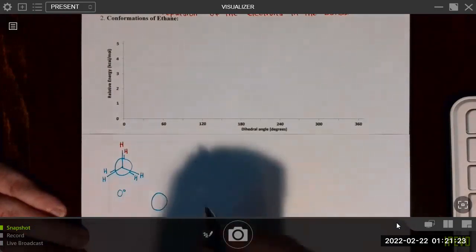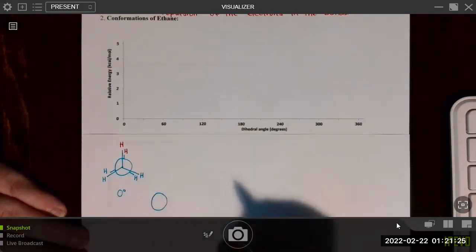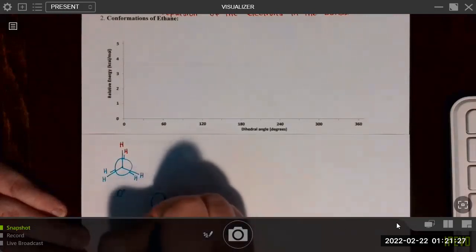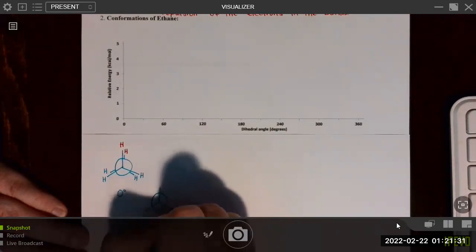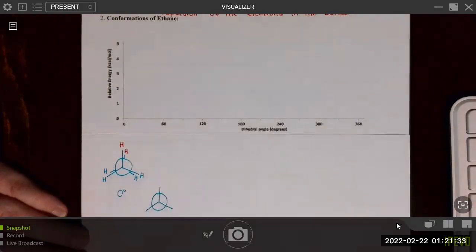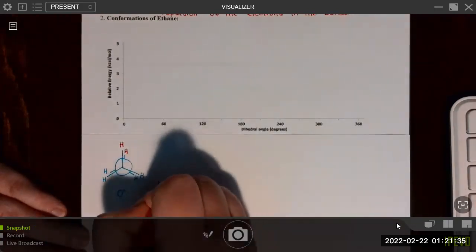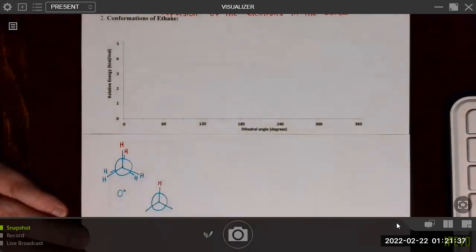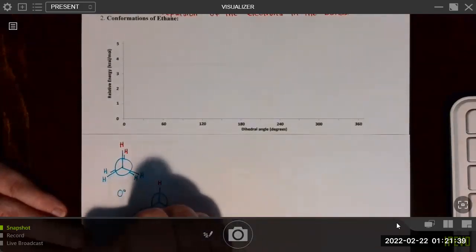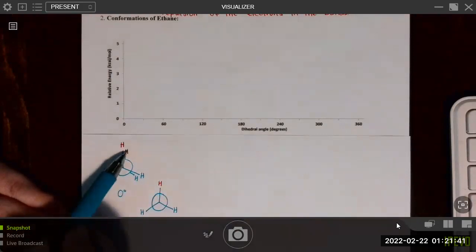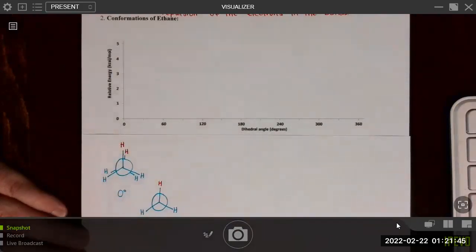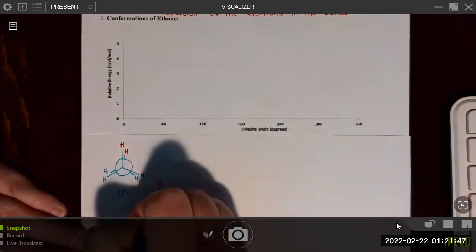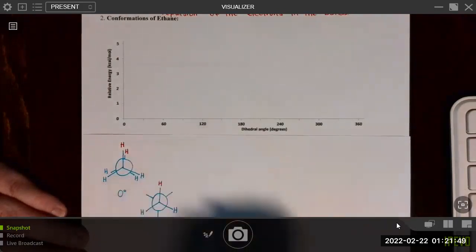And then we will rotate 60 degrees, right? And I said I was going to rotate the back carbon. So that means I'm going to leave the front carbon exactly how it is. And then I'm just going to rotate this back carbon 60 degrees clockwise. For me, it just makes sense to do it clockwise, but of course you could do counterclockwise as well. That would not matter.